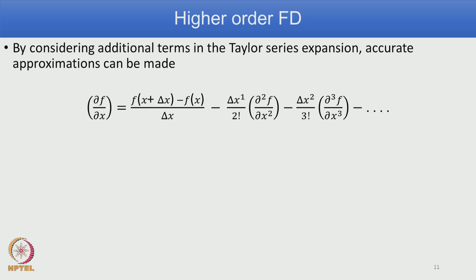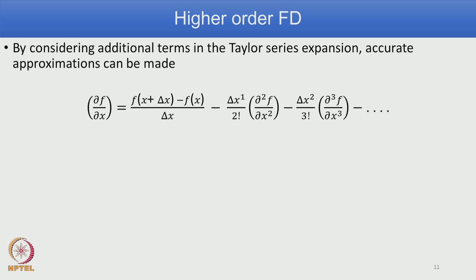We have a limitation in the number of grid points or other practical difficulties to have a finer grid. So, is there a way to get higher order without increasing the mesh size? It is possible by considering additional terms in the Taylor series expansion, and that is what we are going to see, that is known as getting a higher order finite difference scheme, again for any derivative,